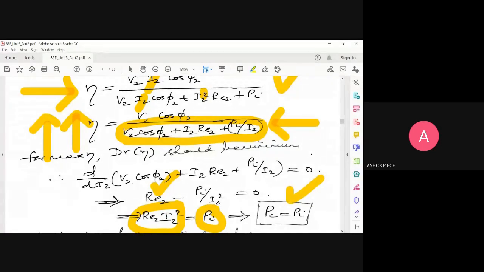Okay, sir. So currents will always be varying in a transformer, and voltages will always remain constant. And we have seen regulation, right? Even in a practical case, the voltages cannot remain constant for a long time. They also start reducing, and that reduction is called regulation. For an ideal transformer, regulation is zero. For a practical transformer, regulation is very, very small, because the voltage tends to reduce because of fluctuating load in the secondary of your transformer. Okay, so this is the condition for efficiency: the copper loss must be equal to the iron loss.